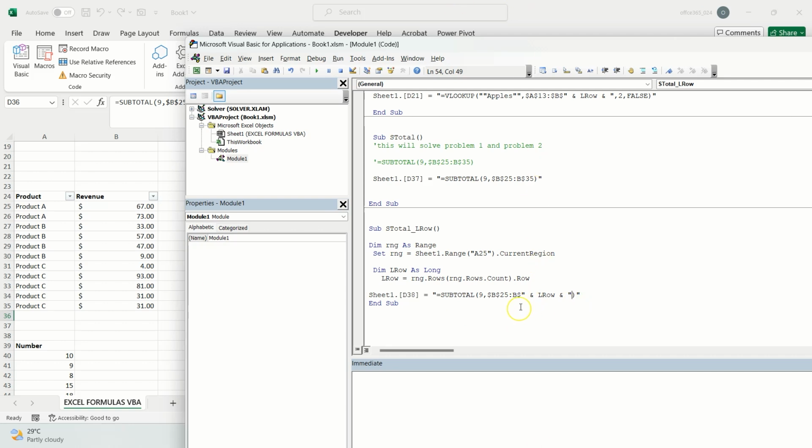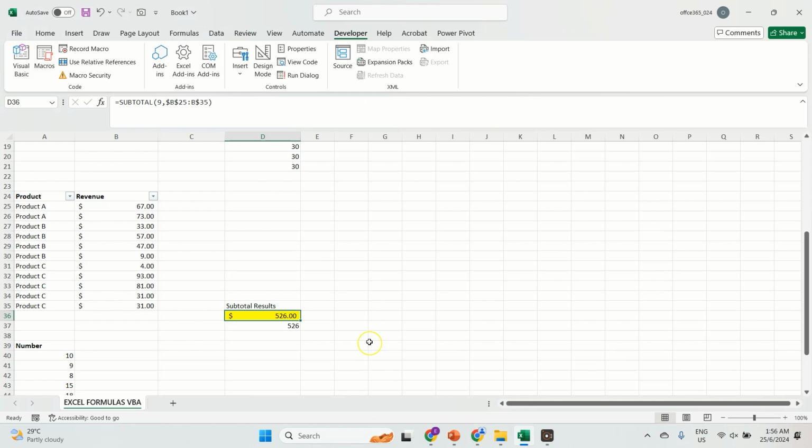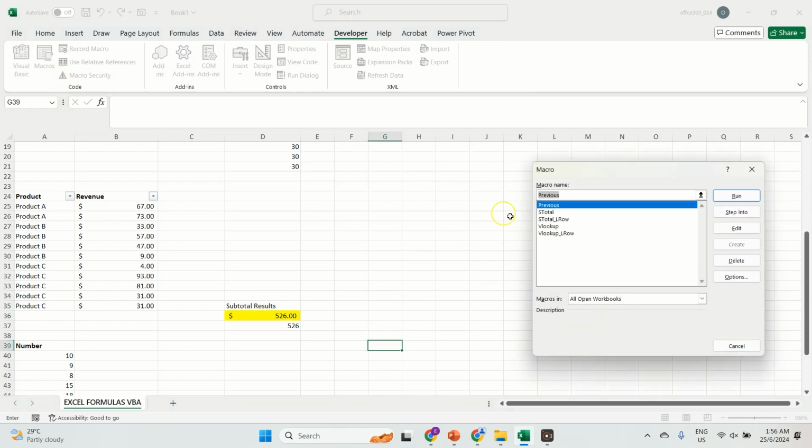So basically, the first section here, I'm concatenating it with the L row, and then I have this section to close whatever is remaining from that equation, and I'm returning the value on D38. Now if I run the macro,